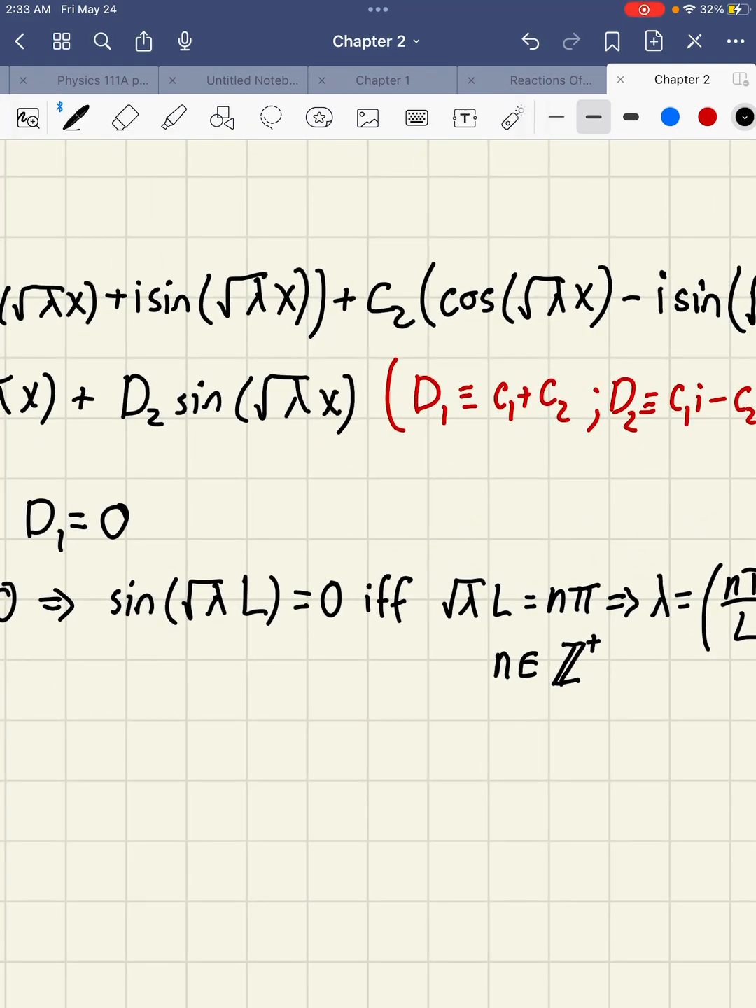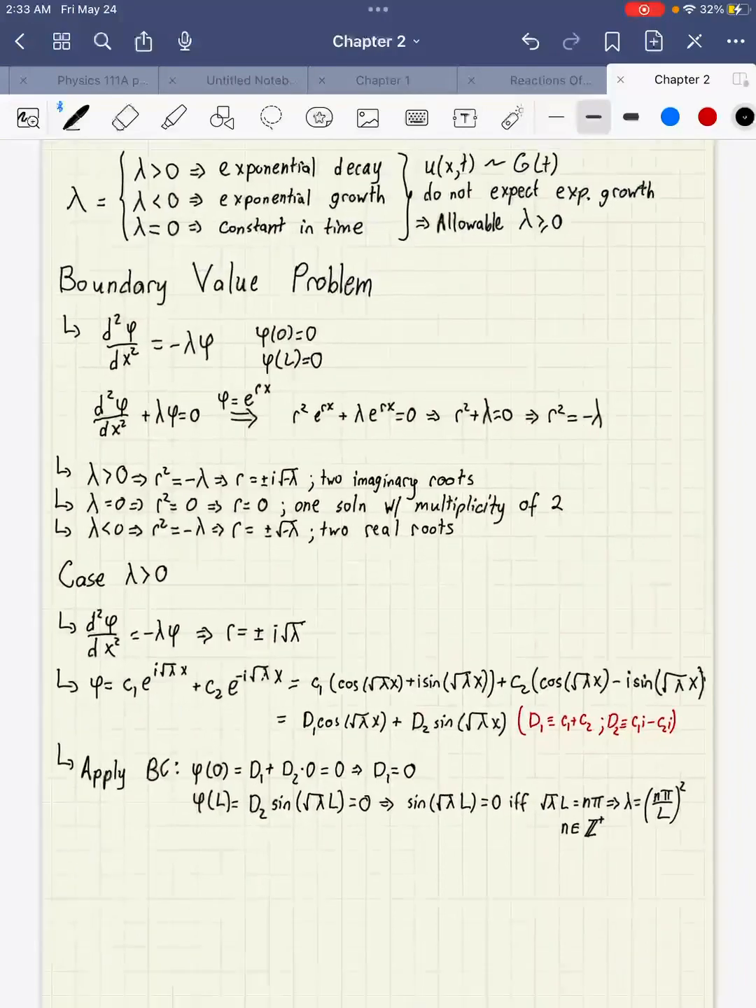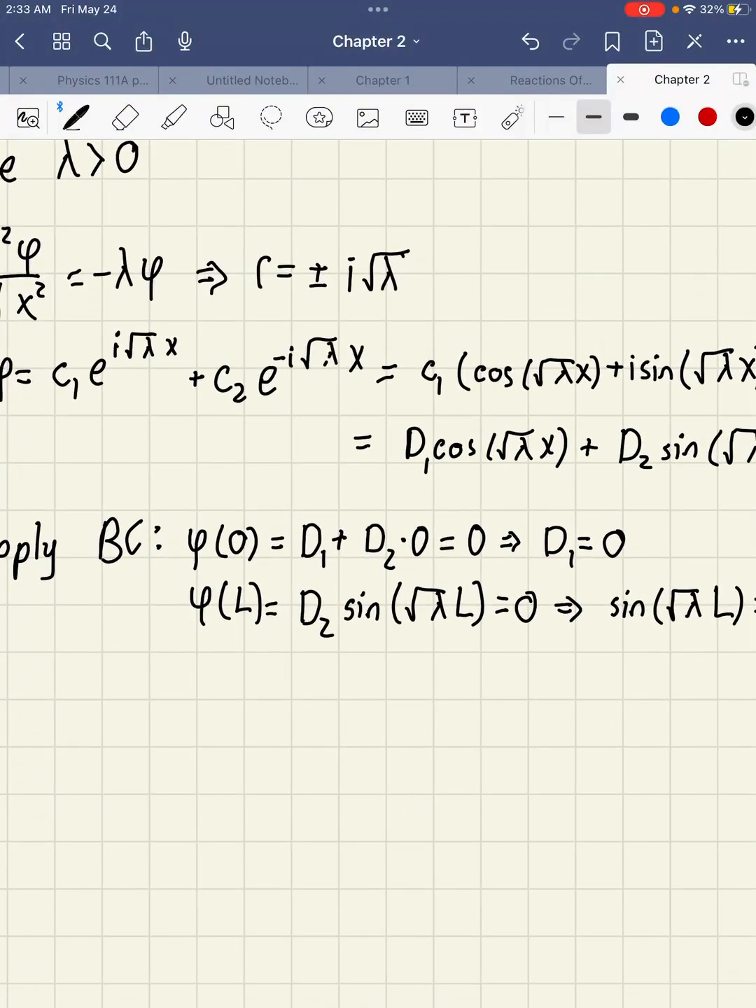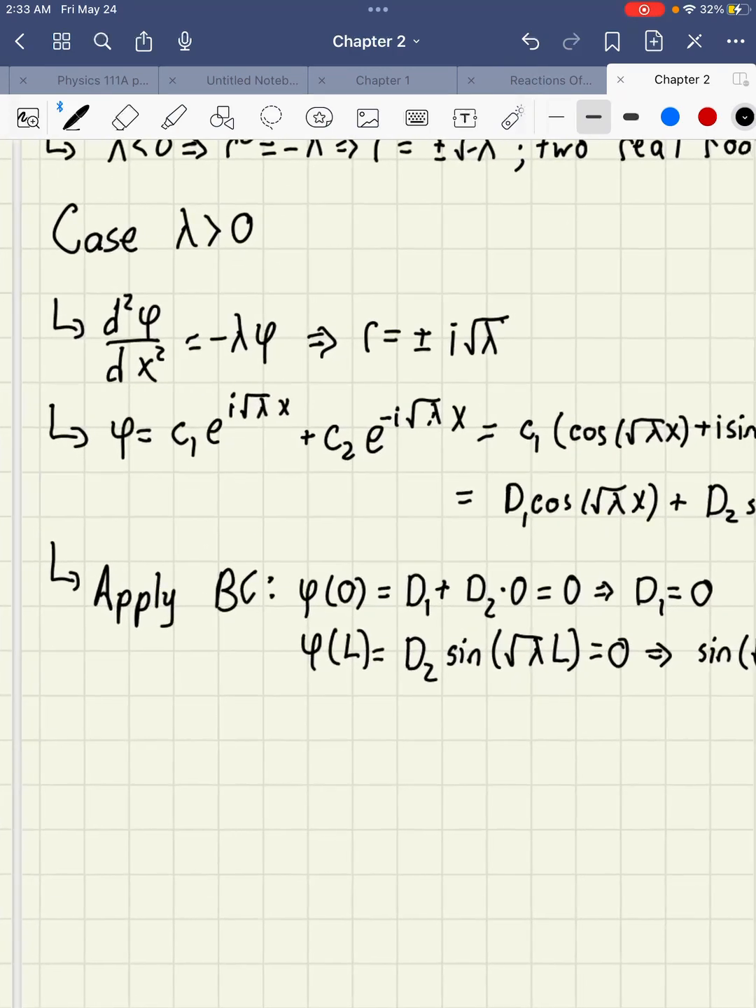Now, so this lambda is my eigenvalue for my eigenfunction of x. But this is only the case when my lambda is positive. Now, let's look at when my lambda is